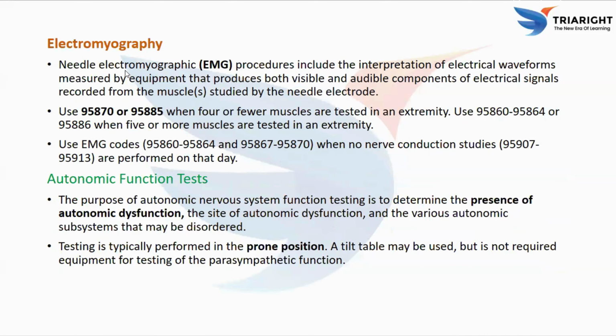Electromyography, EMG. So what is an EMG? It's a diagnostic test that uses a needle electrode which is inserted into the muscle. What does it do? It measures the electrical activity of the muscles. It produces visual waveforms on the screen and audible sounds from a speaker. EMG helps to evaluate muscle disorders, for example myopathy, nerve disorders like radiculopathy, neuropathy, and neuromuscular junction diseases. So EMG tests muscle electrical activity, but not nerve speed.